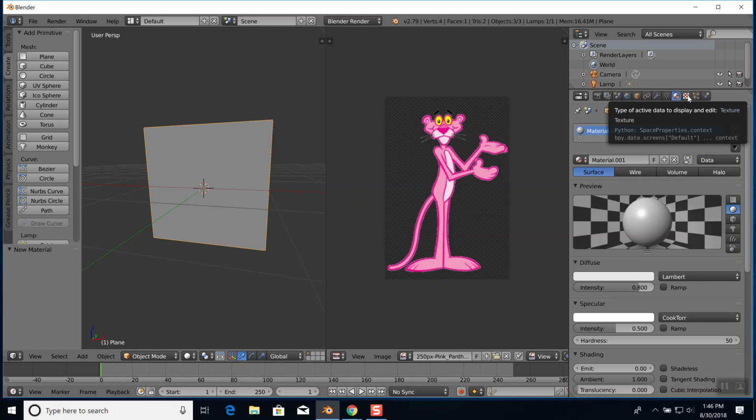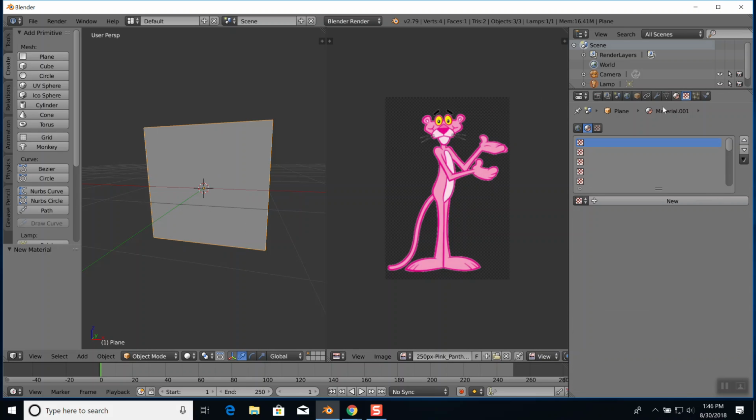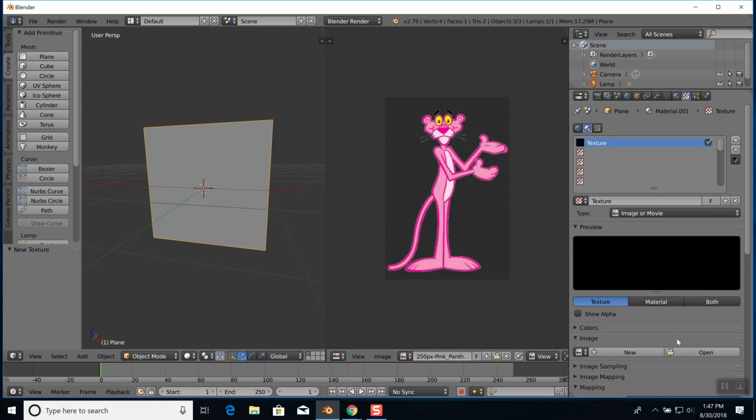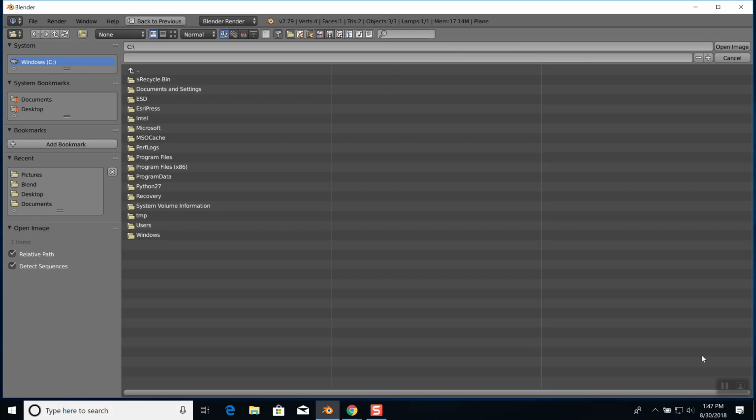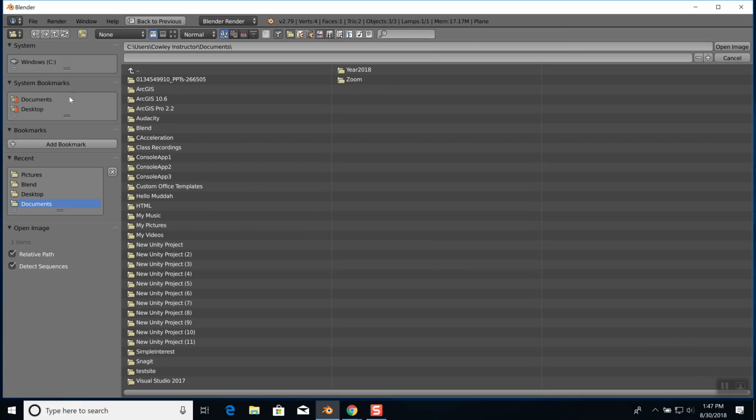Now if you go over to the textures here, and we got our first one selected here, then you can click new. And down here close to the bottom you see an image where it says open. Now if I go and open that image I just was working with,